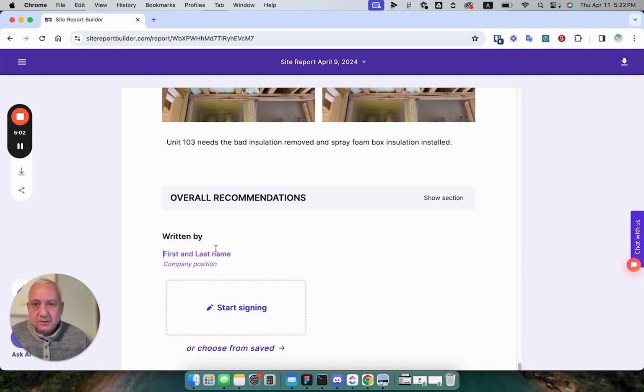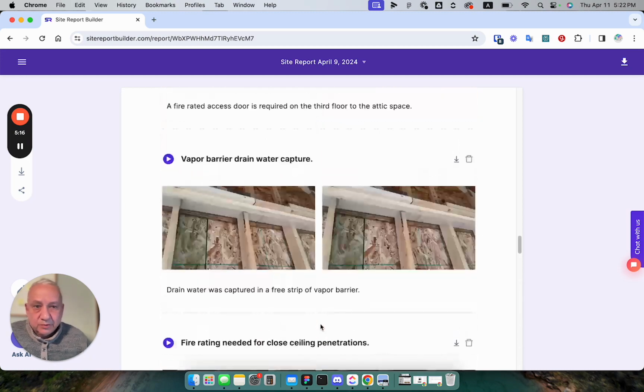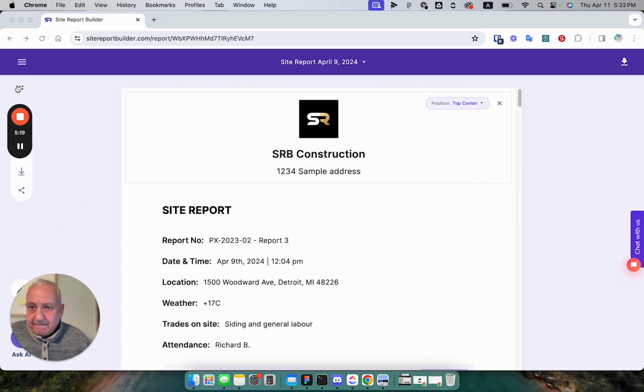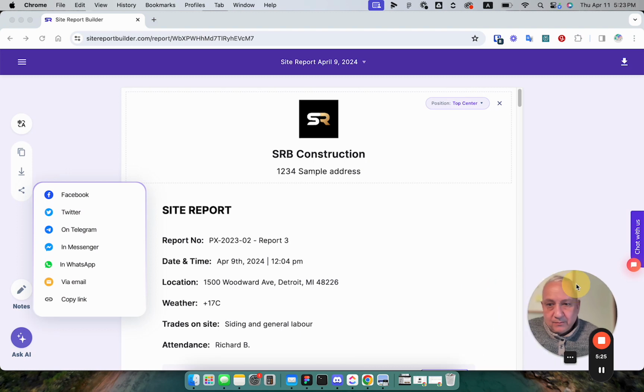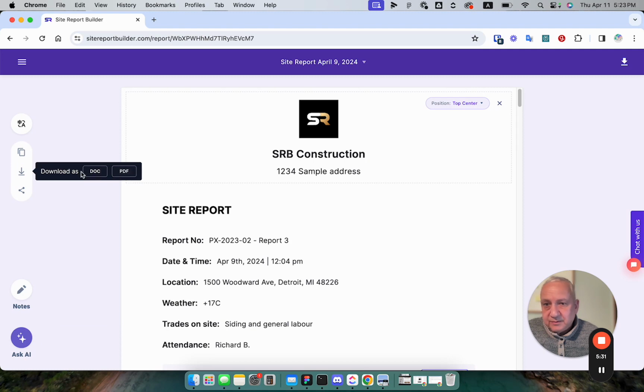Now it's time to send the report. And the report is done. Now you can share it. Download it in PDF or doc format. Downloading. There are a few more tools which